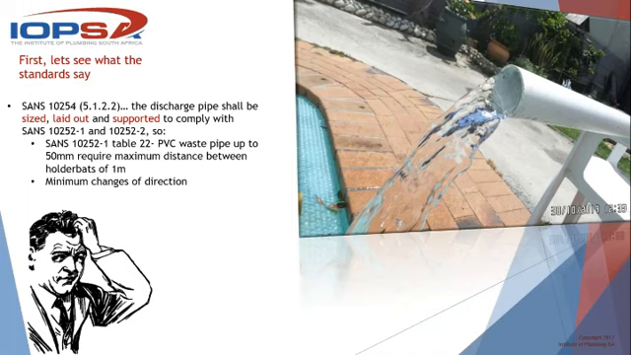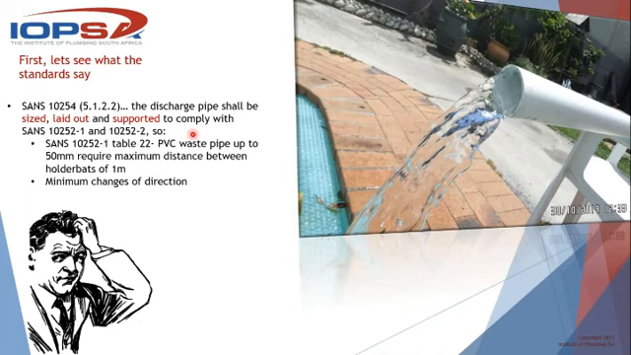SANS 10254, 5.1.2.2. The three dots mean there was something prior, which I didn't include, but this just continues: the discharge pipe shall be sized, laid out, and supported to comply with SANS 10252-1 and 10252-2. I'm going to stop there and get my laser pointer. Immediately we can see that 10254, as the installation standard, is not giving us much detail about how to install the drip tray overflow pipe, because it immediately refers us to two other standards,